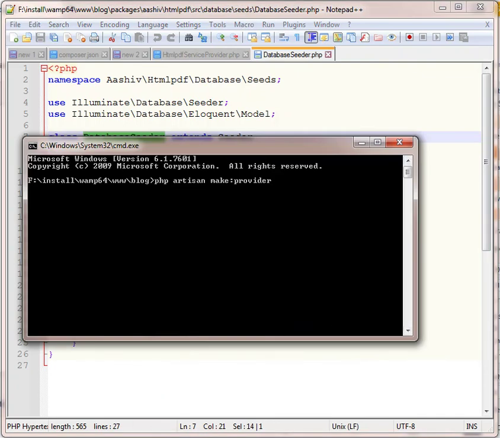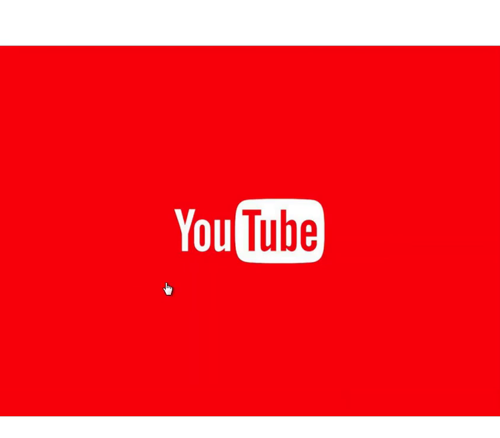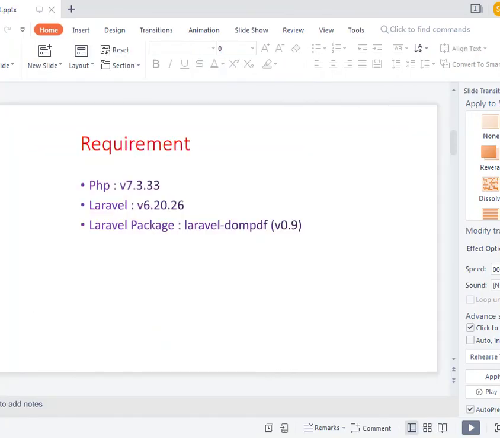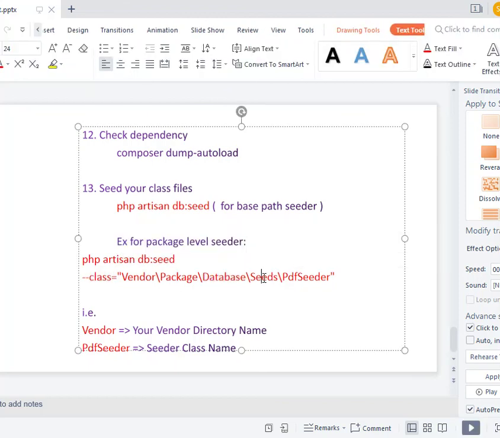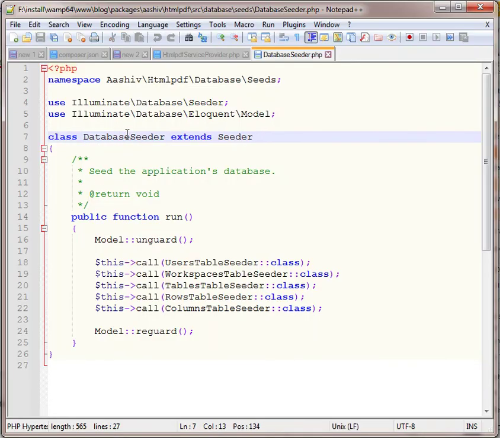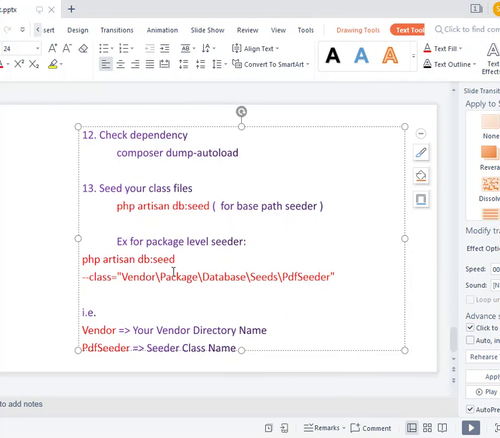So for example, here we have to mention the class: vendor package database and PDF seeder. If we use the database seeder, then we have to mention the database seeder here. That's it. Also we have to also